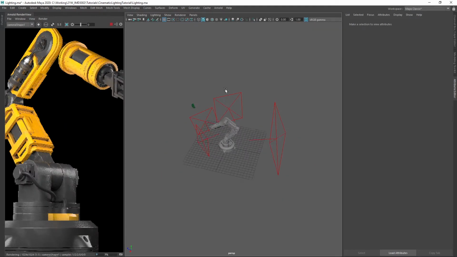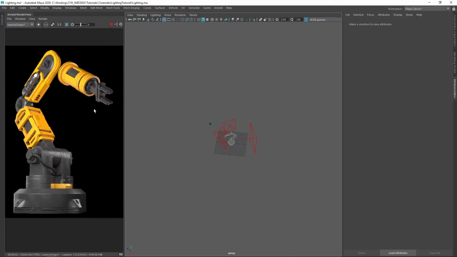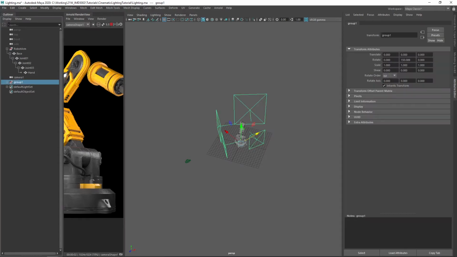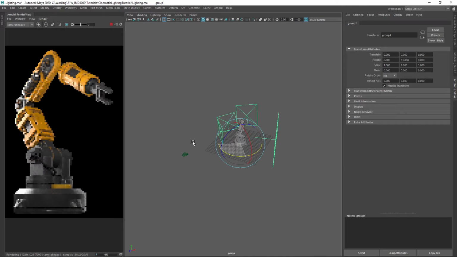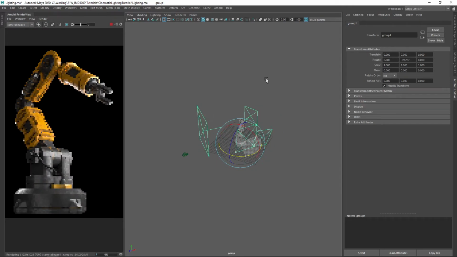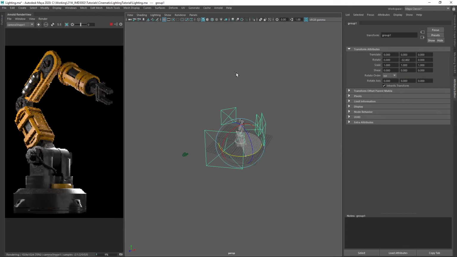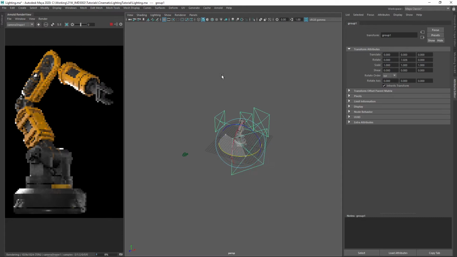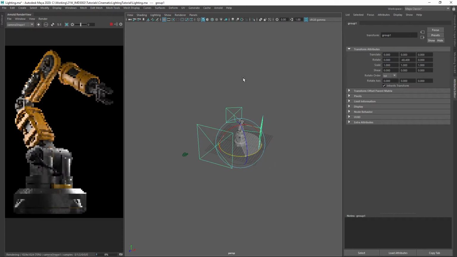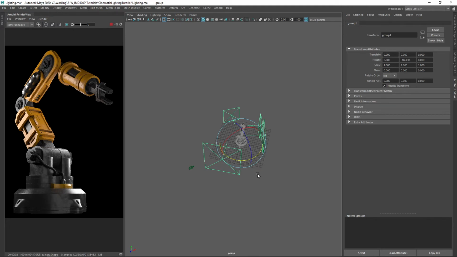So let's head back here. Our lighting looks horrible, so let's see what we can do. I'm going to go ahead and select that group again. I'll take that same approach of just rotating this around, seeing if anything sparks my creativity and gives me some ideas as to how I might approach this. This isn't bad. I like the idea. Again, pretty low-key